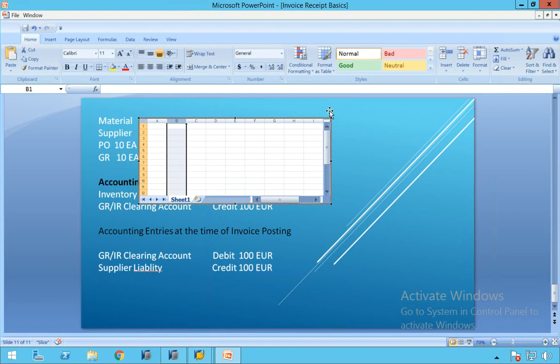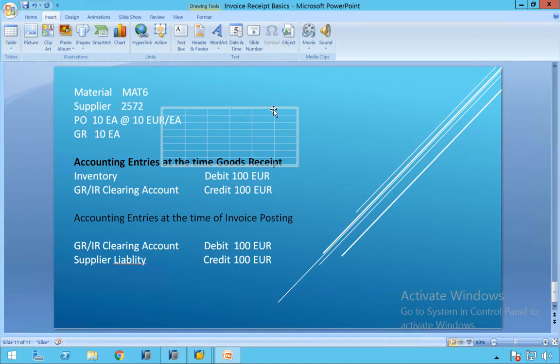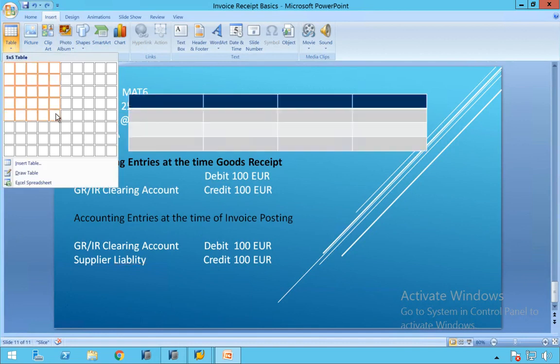Instead of an Excel sheet, we can insert a table, right? That will be easier. It will be troubling like anything. So let me delete this. Let me insert a table.